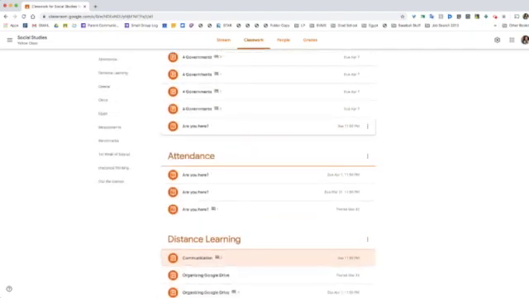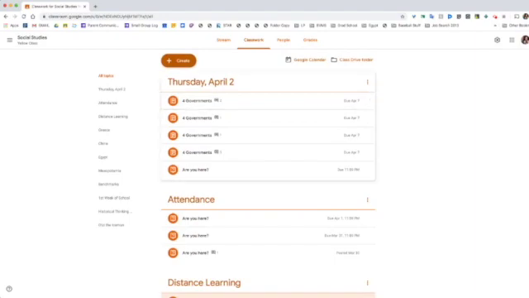Then today, we tried something a little new. You'll notice here on the top, I put Thursday, April 2nd, right? I think from now on, I'm going to put the assignments based on the day, so that way you know what you have to do by the day of the week, okay? So it was Thursday, April 2nd, and today we started off with our four governments.